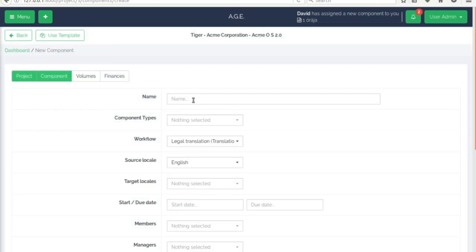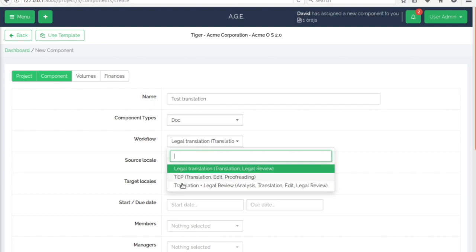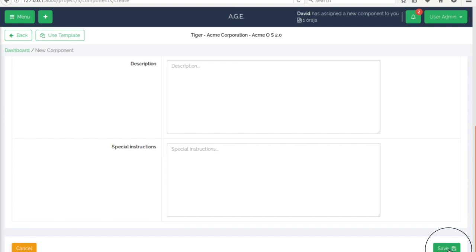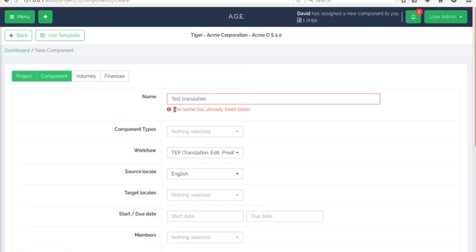New component, test, translation, type, document, workflow, TEP, English to German. Let's forget about the dates, save. Yes, so the same goes. So you cannot have duplicates. This is very important. Actually, here the software will ask you if you want to have this duplicated or not, but the projects cannot be duplicated, and we like it when there's no duplication, so everything is